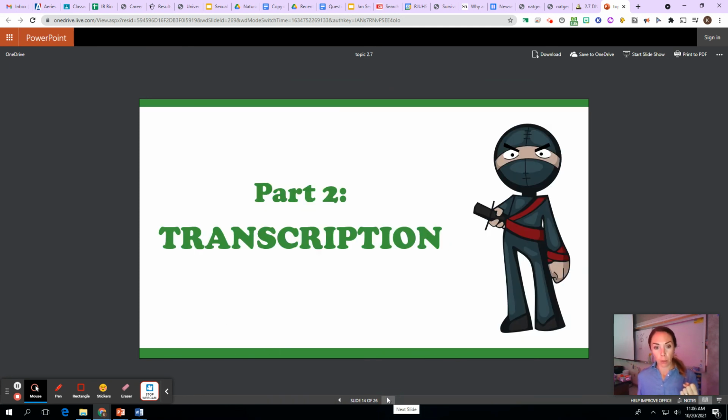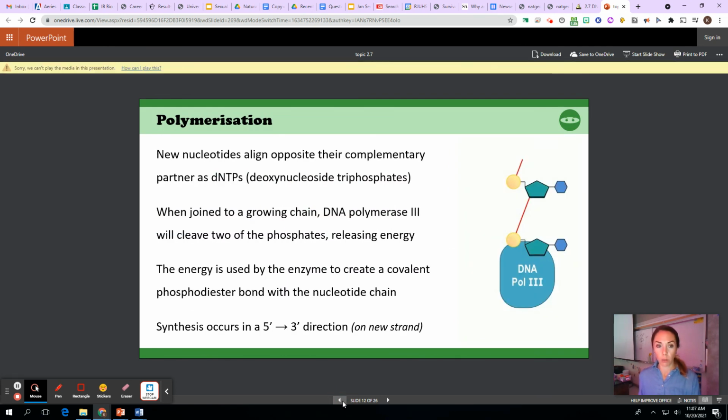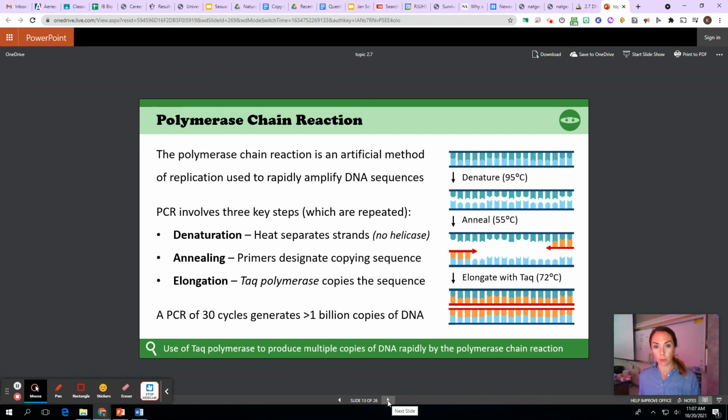Okay, all right, part 2 will be our transcription, so how we actually go from having that DNA to making proteins. But for this part 1, make sure we know all those key terms. Make sure you know semi-conservative. Make sure you have a good idea of how the enzymes are breaking apart the DNA, and how this artificial process of PCR has changed the rate at which we can